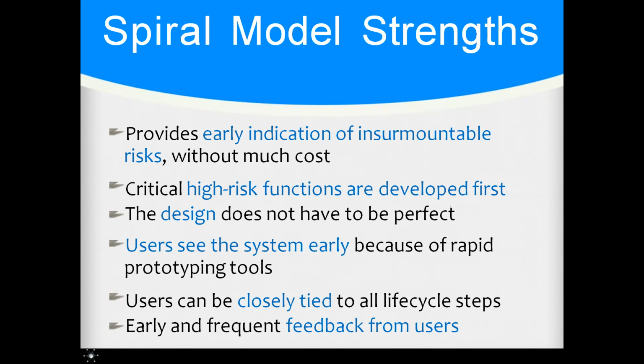That's another key. Then the design does not have to be perfect in the spiral model. That is the kind of model that says we will improve on the job, learn on the job. As we deploy, we'll see what needs another issue to be rectified again. That is the model most of our online solutions, Facebook, Amazon, and the likes, are running on, because most of the time they run on a continuous way of improvements. The design is never perfect. You always find a new feature and so on and so forth.